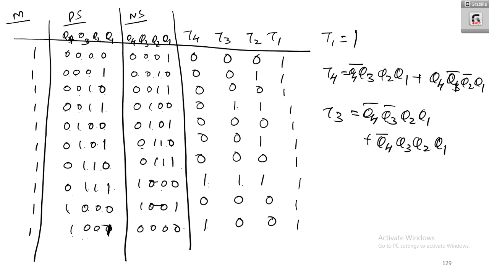Now what is T2? T2 you can form, right? T2 means Q4 bar, Q3 bar, Q2 bar, Q1, or Q4 bar, Q3 bar, Q2, Q1, or